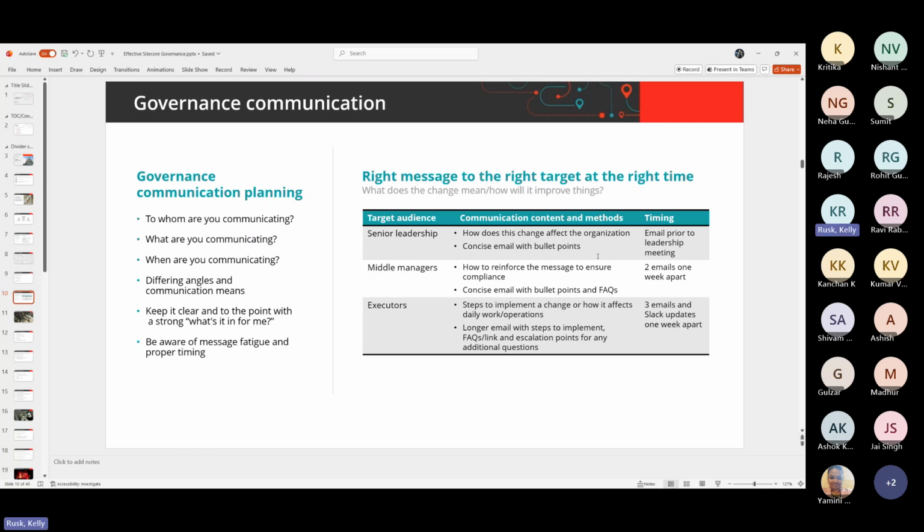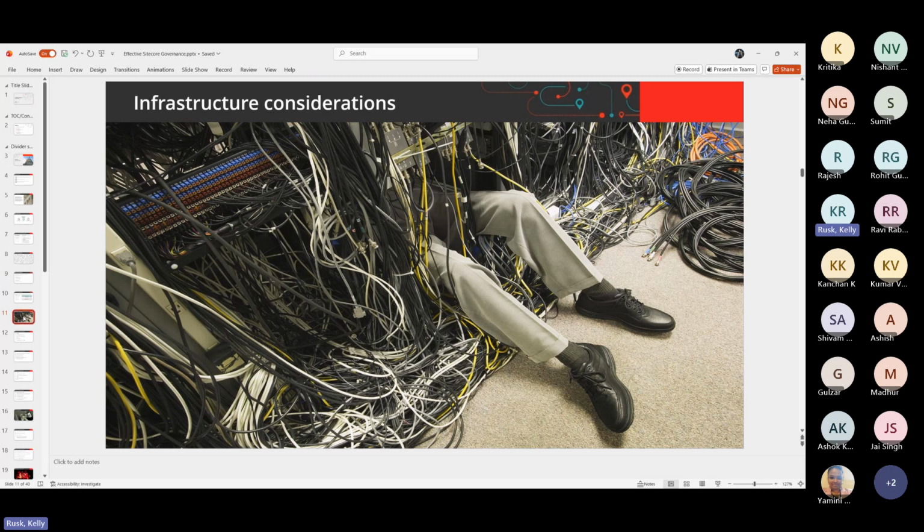So this is core to communication standards, right? And you think about this in your own personal lives. You will communicate differently to different people. You will talk to your children, your colleagues, your managers, and your executives in different ways. And that's okay, because we all have different responsibilities and different things that require different communication. So when we think about what we're communicating, we're going to jump in here and talk about the different areas of governance we want to be developing.